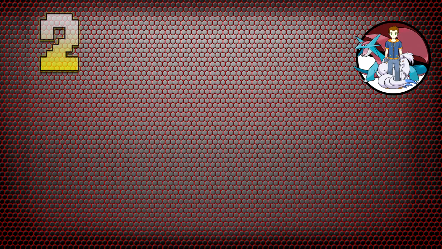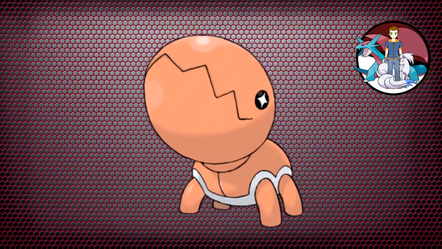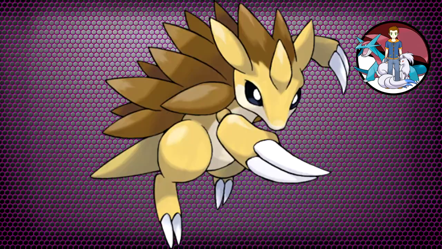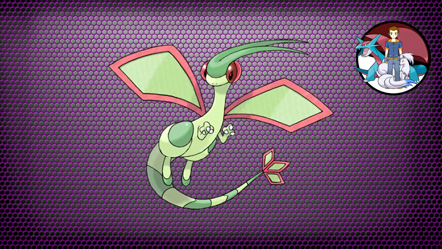Sitting at number 2 is Trapinch. Now don't get me wrong, I love Trapinch and the whole evolution line. I am really a big fan of dragon types, so obviously this line is going to be one of my favorites. However, when I first saw Trapinch, I was like, oh, it's pretty much Gen 3's version of Sandshrew, so eventually you probably get a larger version of himself, maybe some other additions for an evolution to equal Sandslash. But no, instead it grows wings, turns into a bug thing, and then evolves into Flygon,